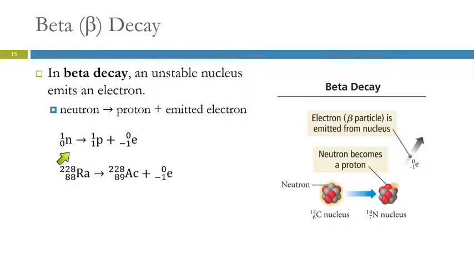So we can write that equation like this. A neutron becomes a proton plus an electron. So we can write the beta decay equation for radium-228. It's giving off an electron, and then this is the result. So the reason that we have the proton number